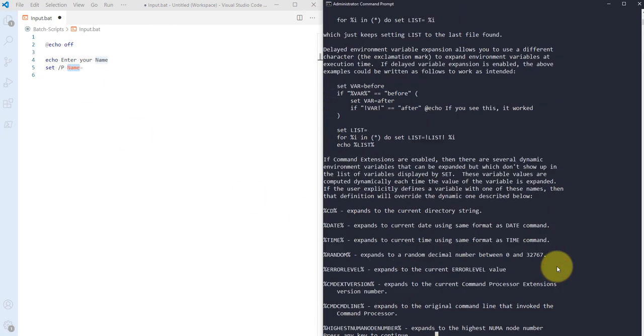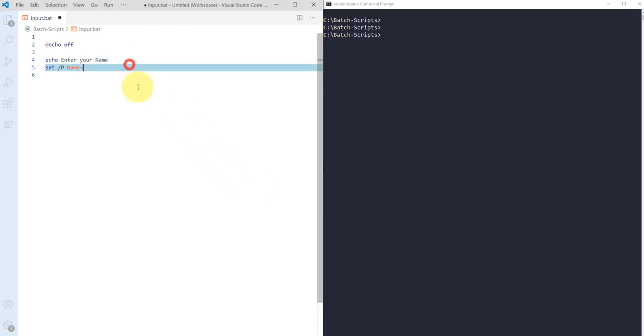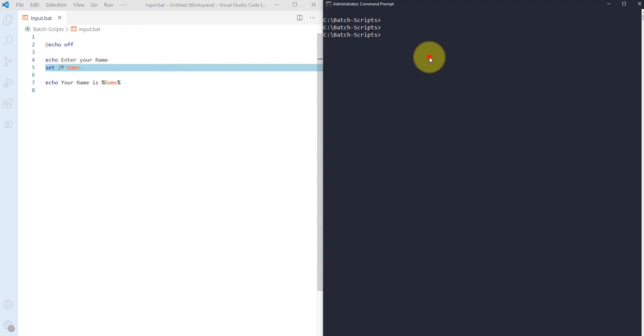Okay, so let me clear this. And once we have that input, then I need to display that. So I'm using the echo command again, and I'm saying your name is, and then I'm using that particular variable, in percent signs, name. So let me save this, and if I run that file, then it's executing this line number 4,